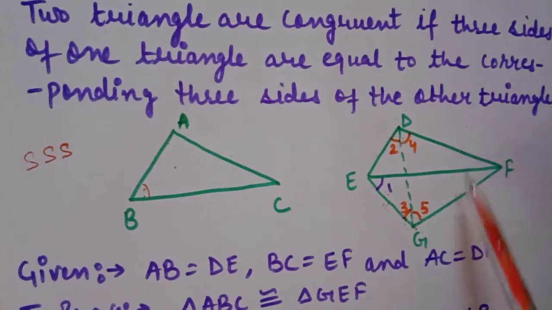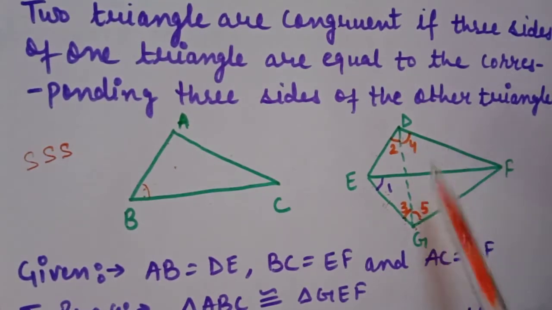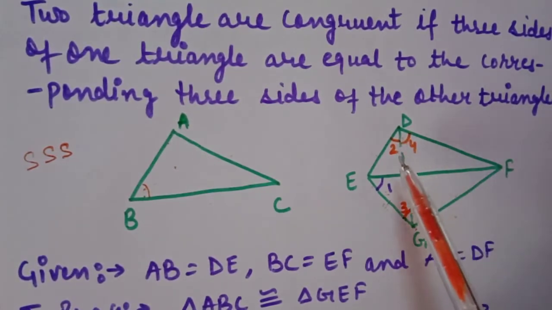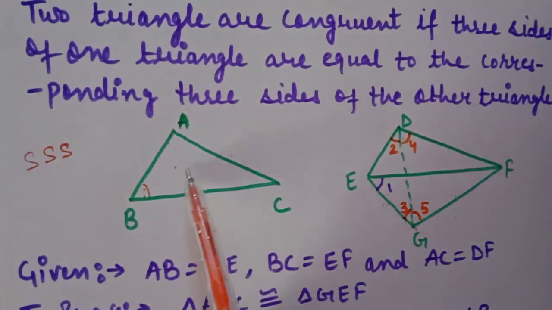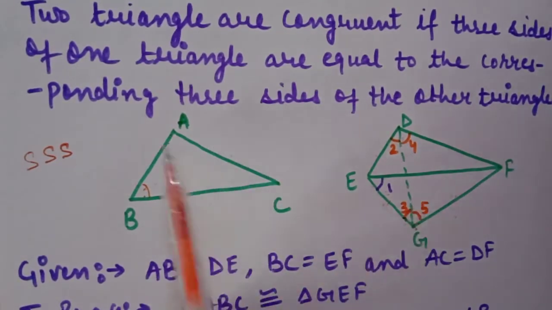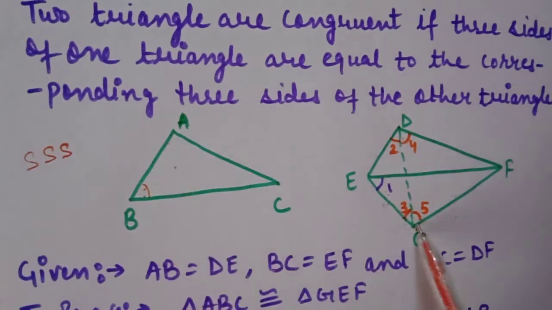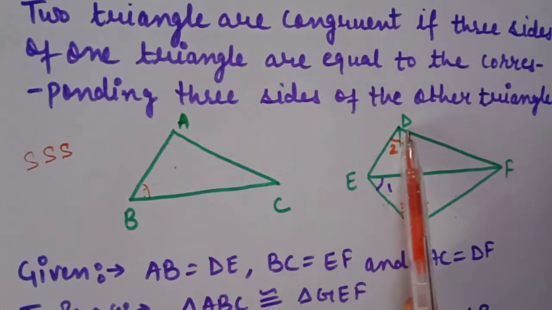So these two sides are also equal to each other. So the base angles are also equal to each other. When we add these two equations, this complete angle is equal to this complete angle. But when we proved these two triangles congruent, we took angle A and G equal to each other by CPCT. Now G is equal to D. So definitely A and D are equal to each other.